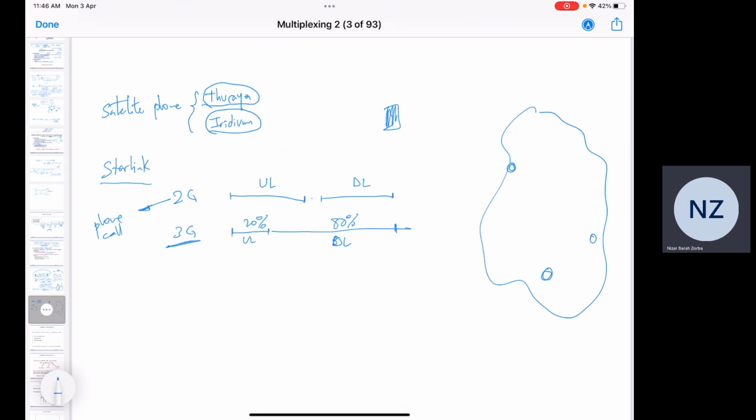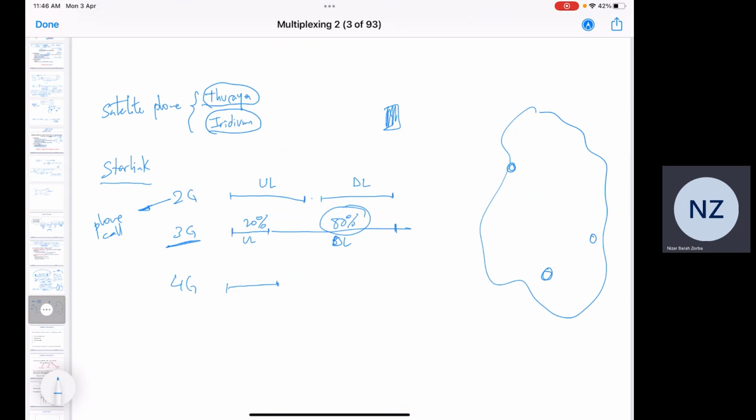Okay, so then the operator said, I noticed that my customers want to download. So why would I put 50-50? My concern will be the downlink, so I will make it 80-20. Good. 4G